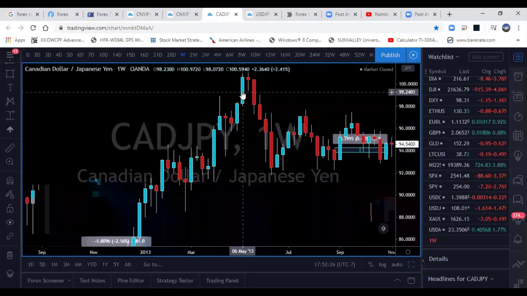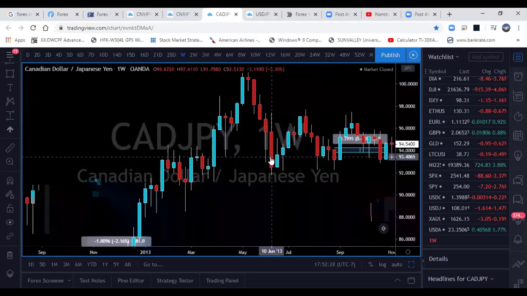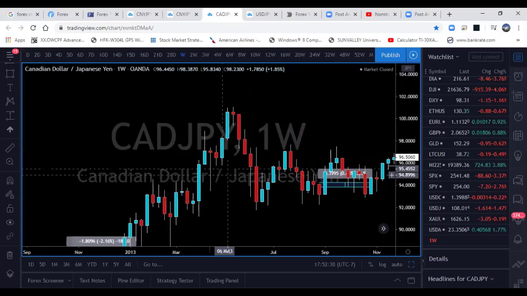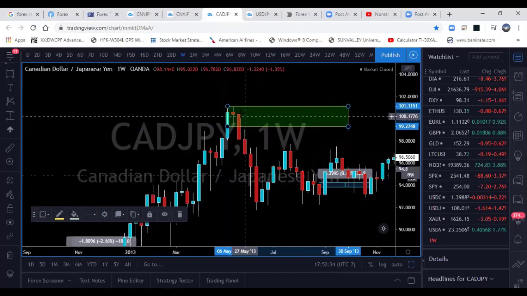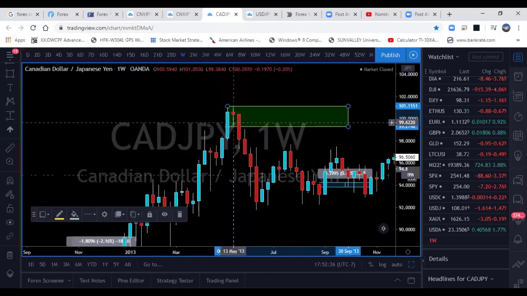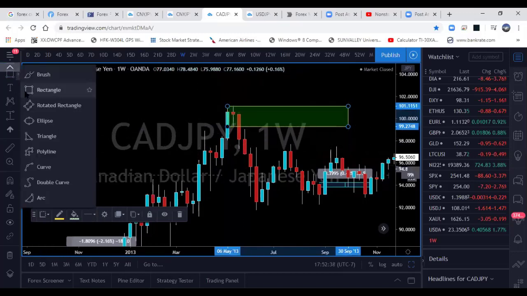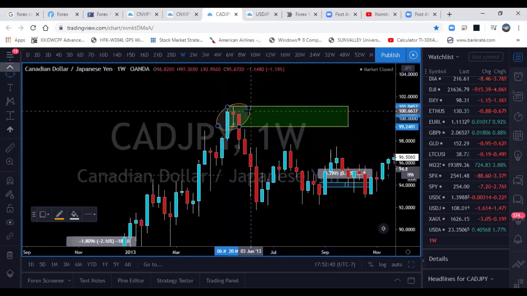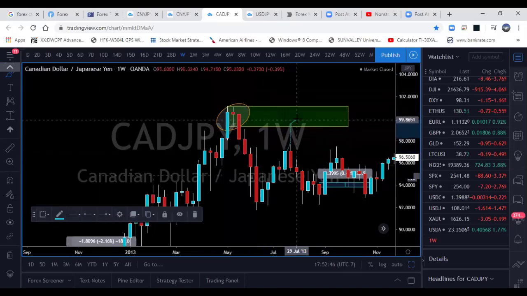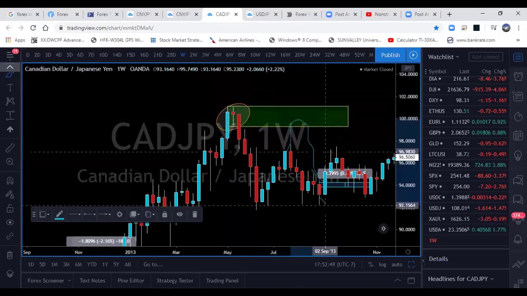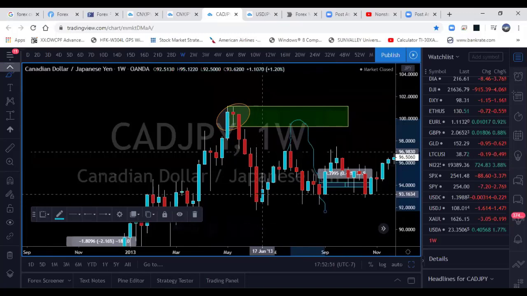I need something that's going to give me high probability that there's a lot of strength in there. And where there's a lot of strength, that means the institutions favor this area for a lot of unfilled orders. When the price of the market is coming to this level and it gets back up there, it's going to be the highest probability it will strongly move down. Now, the next one is going to be